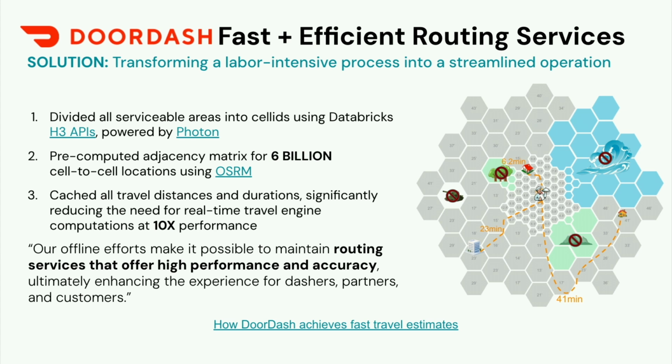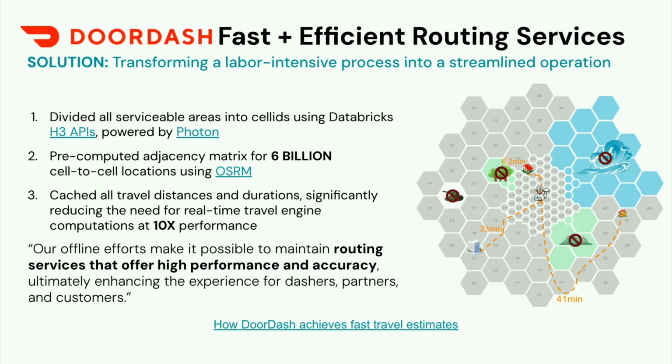But two more quick examples. I want to highlight DoorDash as one example. DoorDash wanted to improve their routing services. I think probably all of us have used DoorDash at some point in our lives. You have dashers, you have customers, and really what DoorDash was realizing was they were doing a lot of on-the-fly calculations. When it came time for an order to be placed, they had to figure out then and there how to calculate an estimated time of arrival, and that was getting expensive as you think of all the concurrent operations they have going on. So they said, let's take a step back and do this in a way